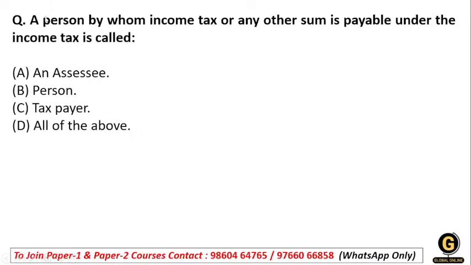So the first question: a person by whom income tax or any other sum is payable under the income tax is called. Option A, an assessee. Option B, person. Option C, taxpayer. And option D, all of the above. Have you understood the meaning of this question? A person by whom income tax or any other sum is payable, in the definition of income tax, in the books of income tax, is called as